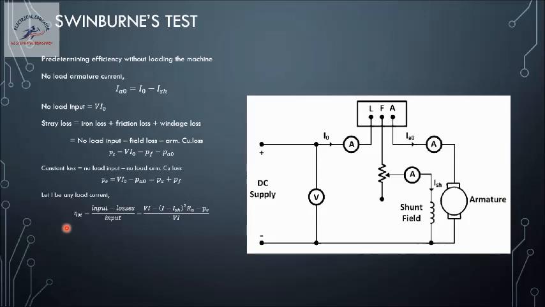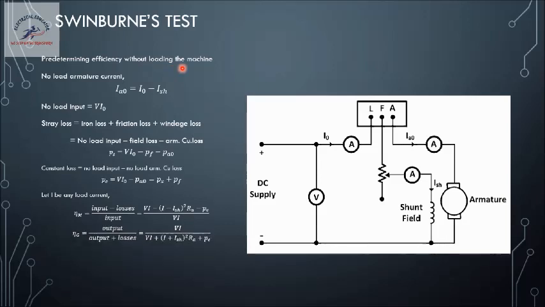So here we are actually conducting the test on no load, and from this no load result it is possible for us to find out the constant losses. Thus we can assume the variable losses are linear: as the current increases the variable loss will also increase, even though there is a square term here. So for any value of load current we can theoretically calculate, and that is why we call it predetermining the efficiency without loading the machine.